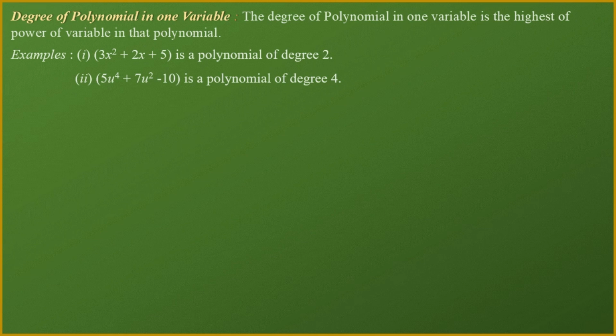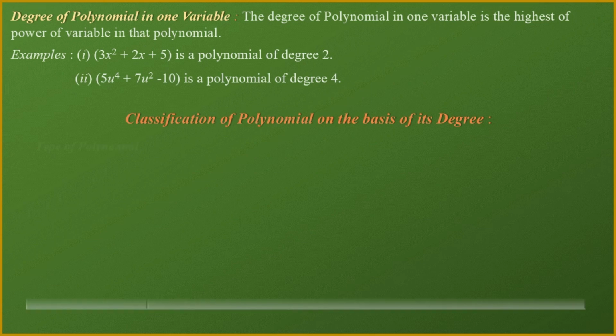Similarly, in the second one, you observe the power of variable is given as 4, 2 and then 0. Along with 10, I can suppose a variable having the power 0. Right? So the highest power here is again 4. So we can say that it will be the degree of the given polynomial. Now next, we have to see one more classification of the polynomial based on its degree. Means if degree is 1, degree is 2, 3. Okay, so we have given different types of classification.